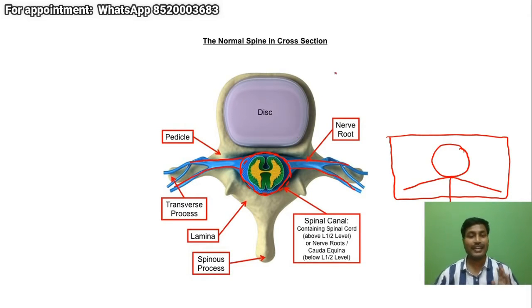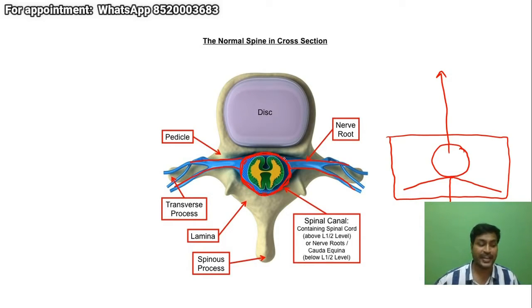Fine. So many people are having confusion whether it's the spinal canal or dural sac or the meninges or the spinal cord. I will tell you that. First identify this one. You will have to remember the head. You will have to remember the hands. So the head is made up of the outer layer which you are seeing, the dural sac or the meninges. Dural sac is a meninges. It's the dura mater. So the outer one is the dural sac.